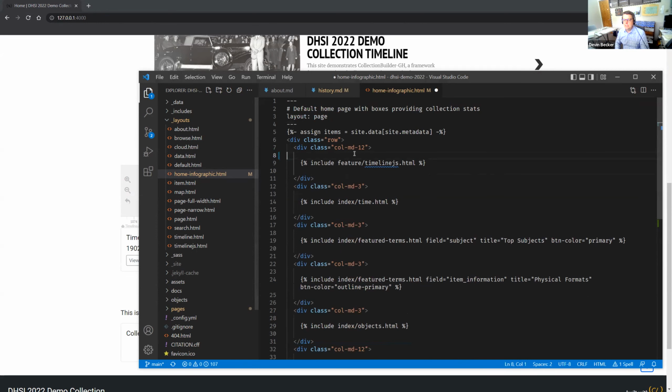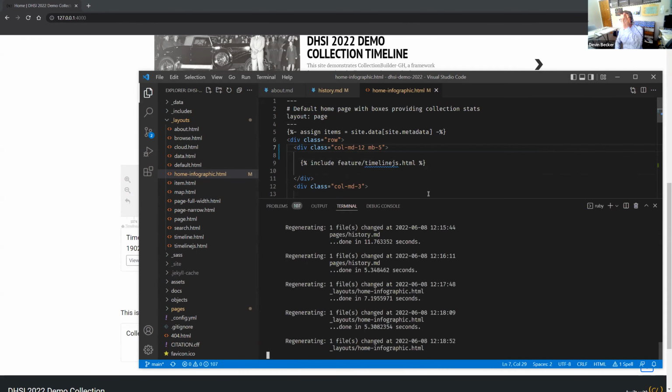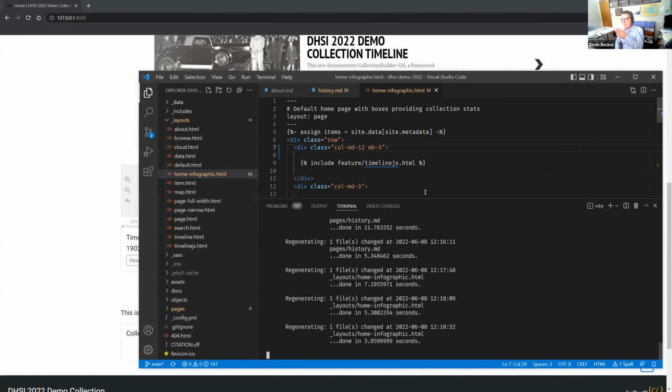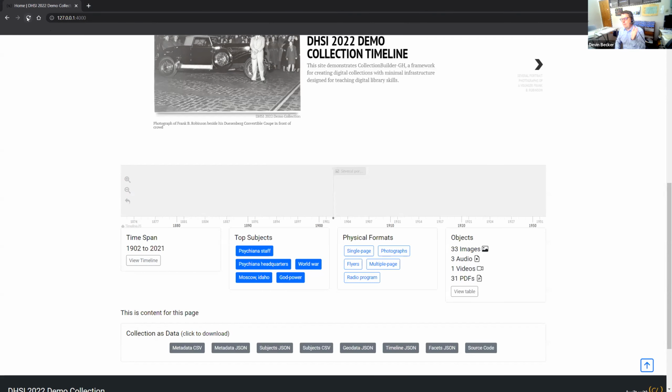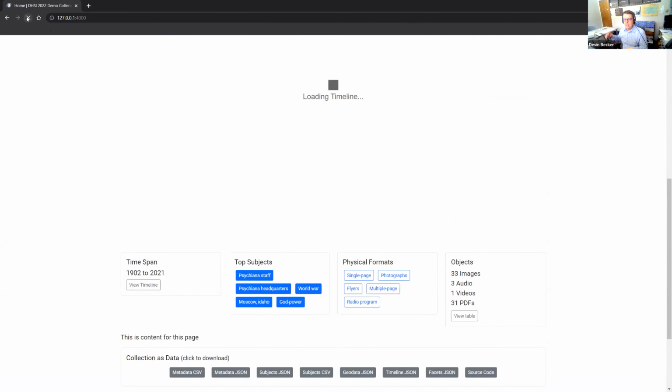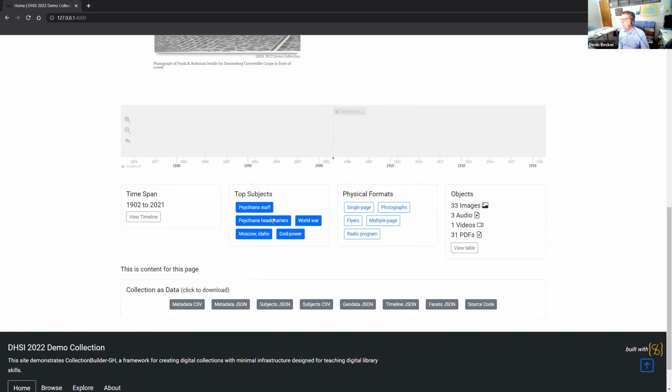So if Evan adds another class to that column, let's say MB-5, the MB stands for margin bottom. If it was MT, it's margin top. There's also MS start, which is on the left, and ME on the right. But now you can see you can get some spacing there just by using those really basic MB and et